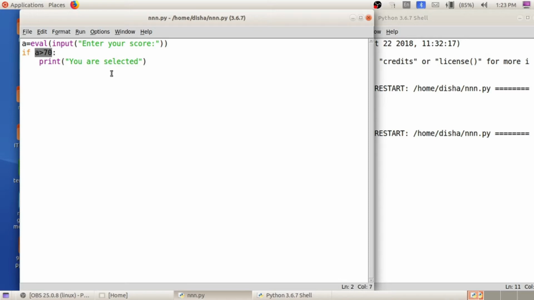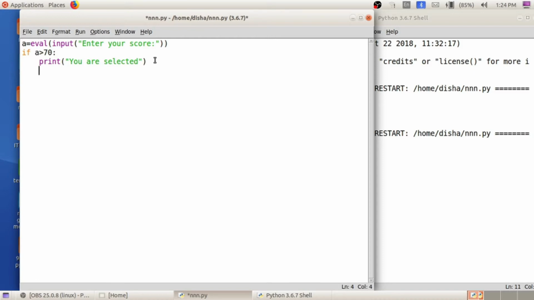So what will happen if it is less than 70? We must specify another conditional statement, the else statement. For making a statement correct, we can use the if statement. If the statement that you examine is incorrect, you will not get an output. So we can expand this statement into the if else statement. This is the conditional statement, if else statement.